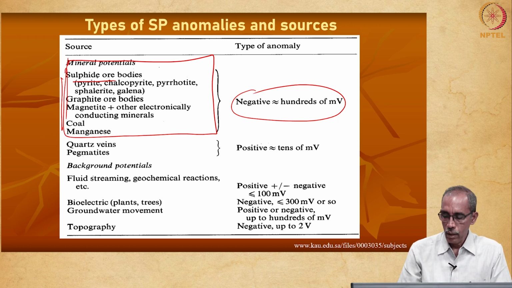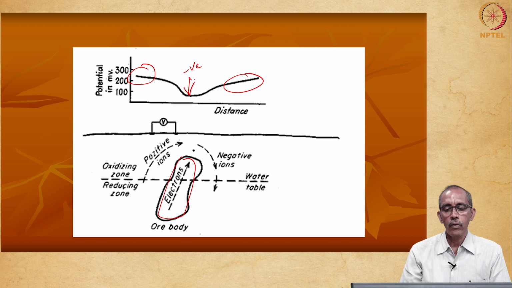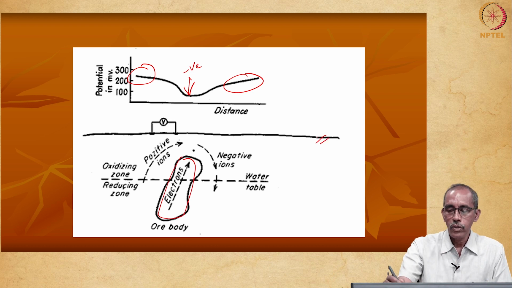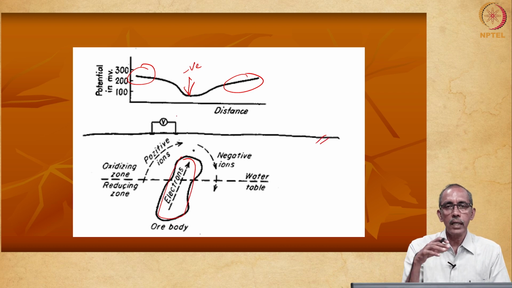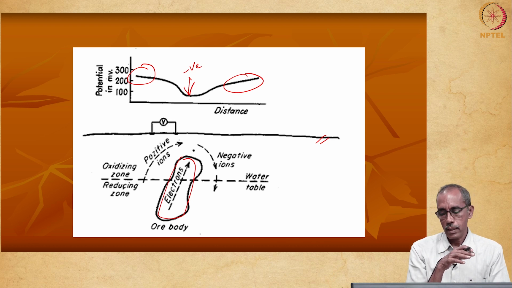That means there is an ore body. An ore body occurs below the surface of the earth, which causes a negative center just above it. This is what we look for. At the surface during investigation, you look for negative centers. When you find negative centers, you expect a mineral body present below that place.